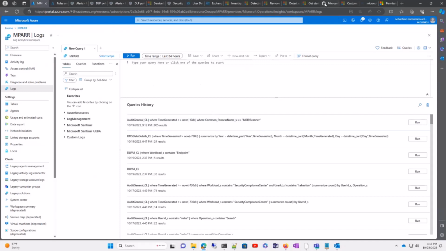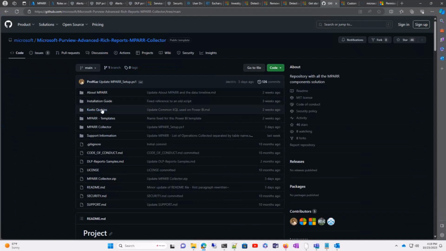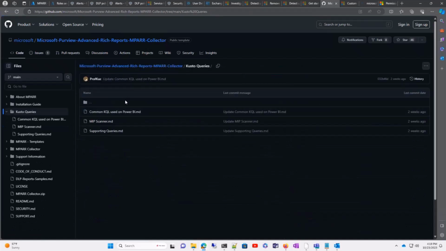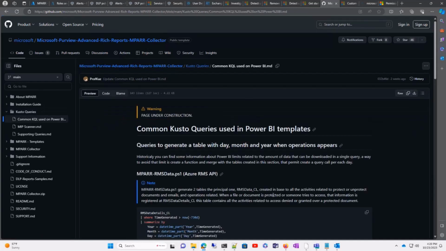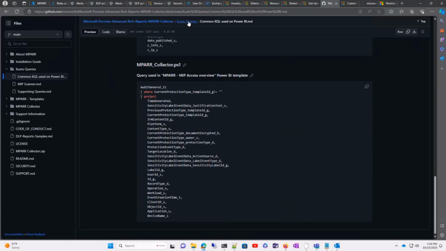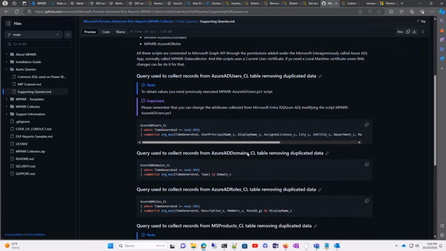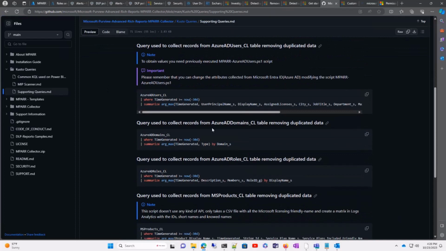In the MPARR site, we can find almost all the queries that we are using. In this case, let me check if it's in the first one. No, it's not in this one. It's in the last one. Let me see. Here we can obtain the information about users. Let me copy this one